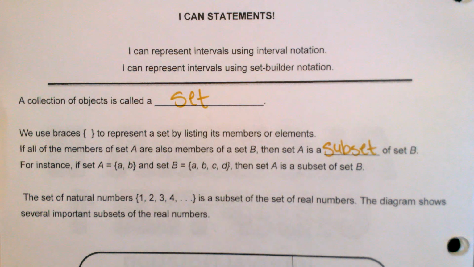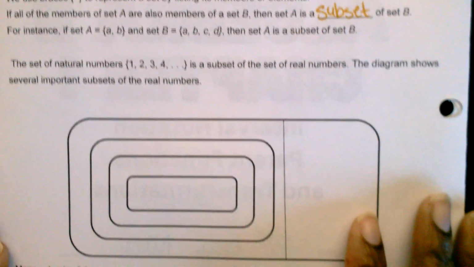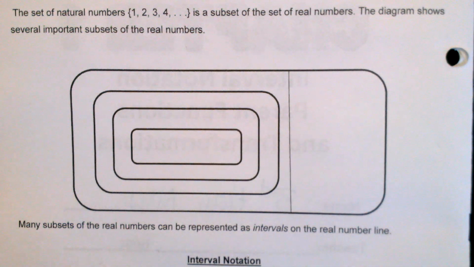So now let's get into our numbers. So the set of natural numbers, they start at 1. It's positive numbers starting at 1. That's the set of natural numbers. It is a subset of the set of real numbers. So we're going to do this diagram, this box down here. We're going to do this diagram, okay? So this whole entire box,